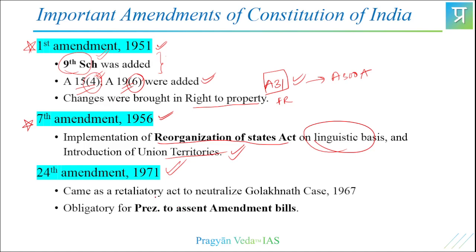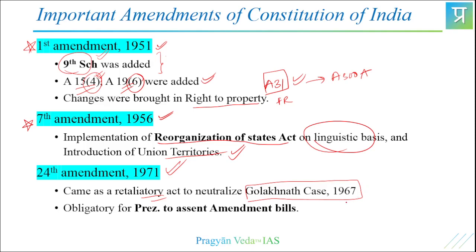Then there was the 24th Amendment, happening in 1971. This came as a retaliation to the then Golaknath case, right? If you remember, we had the Shankari Prasad case, then the Sajjan Singh case. There was a tussle between DPSP and fundamental rights, and in the Golaknath case it was held that fundamental rights are transcendental and cannot be amended,